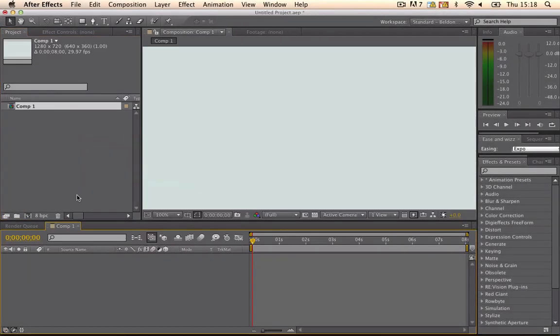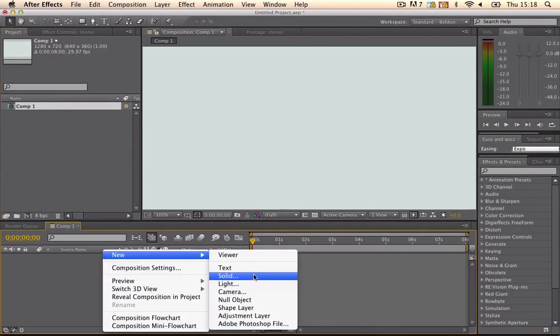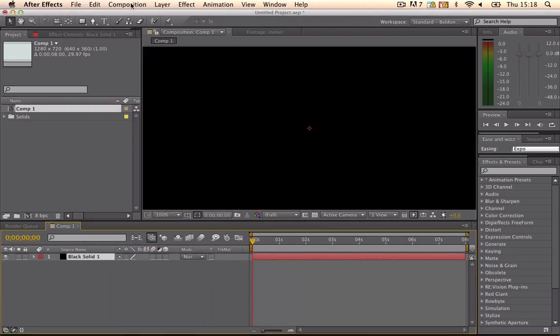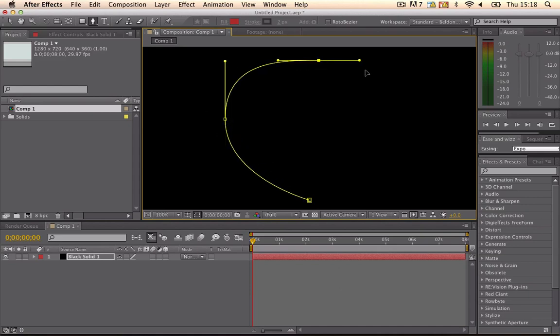New comp, new layer, stroke on the layer with the pen tool. Boom, boom, boom. Obviously a hand done shape. It's not mathematically perfect, which is great for the stroke tools. Now,